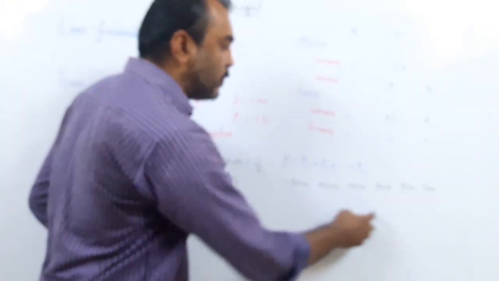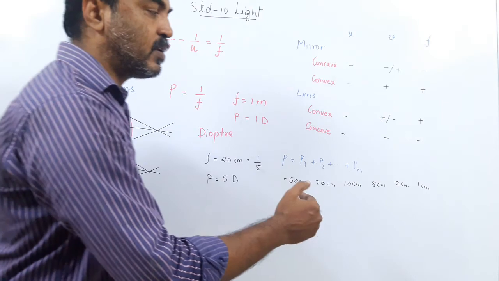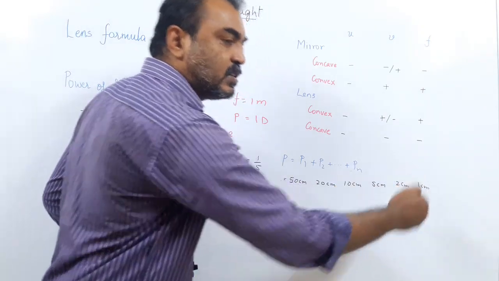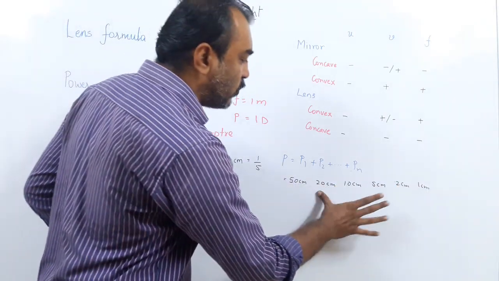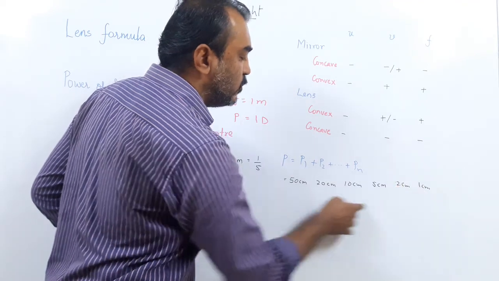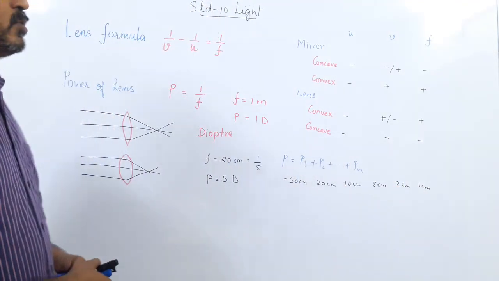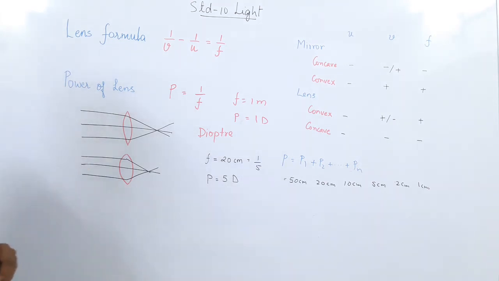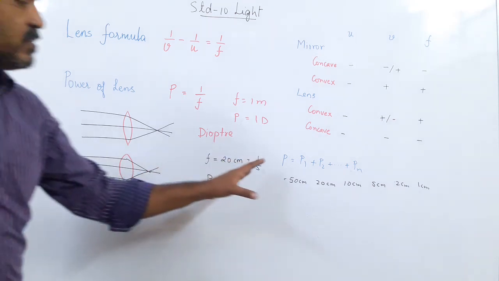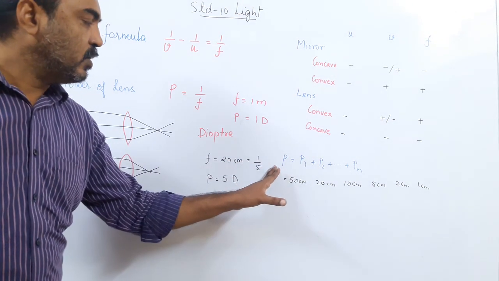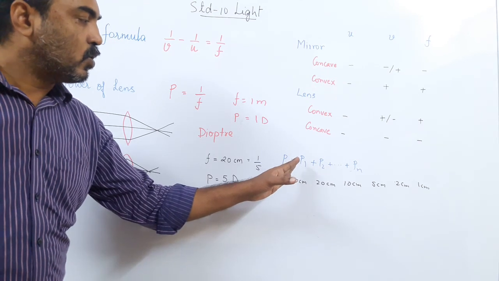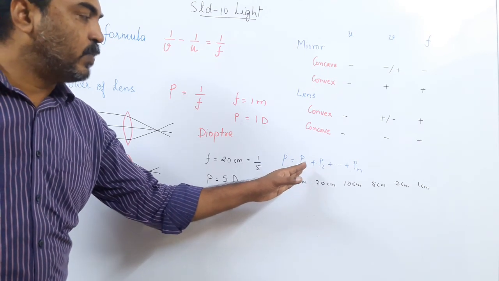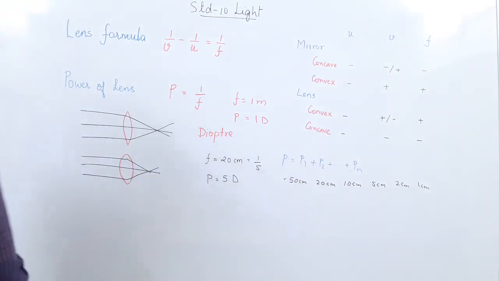So remove the 5 and put the 2. You will say yes, it is more clear now. Then he puts the 1, you can see it is more clear now. So the combination of 20 and 2 and 1 give you what? 23. So this is the formula the opticians use to find out exactly. Okay, but that is part of the next chapter, the correction of the eye. But here I am just giving the formula. The power of the lens is the combination of the power of the individual lenses.